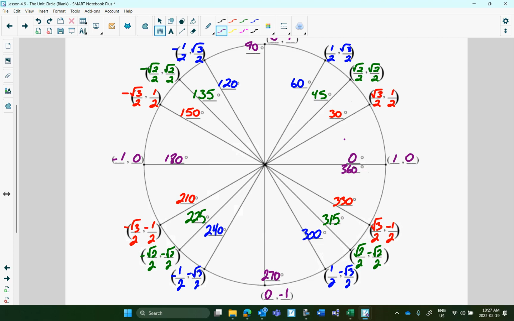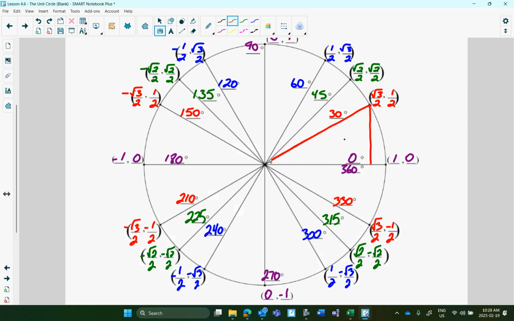Sometimes students will get these two mixed up. The 45-degree ones, 45, 135, 225, and 315, are pretty easy. The two values are the same, root 2/2. But sometimes students get these mixed up. So what you want to be careful with is,